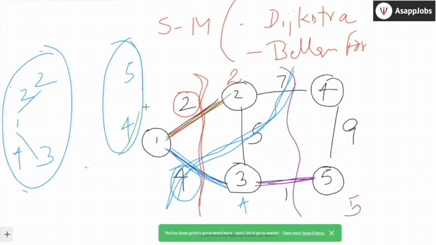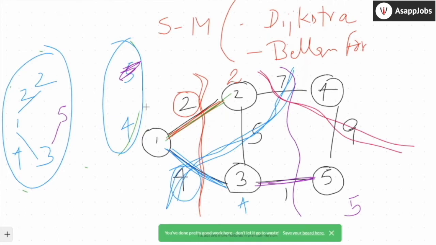Okay. Now, next one. So again, once you take 5, this 5 goes from here and this 5 comes here, and you connect this 5 with 3. What's the next cut? So the next cut is this one, right? Because if you just remove these particular edges, with weight 7 and 9, your graph again becomes disconnected. So you pick the minimum weight edge out of the cut.